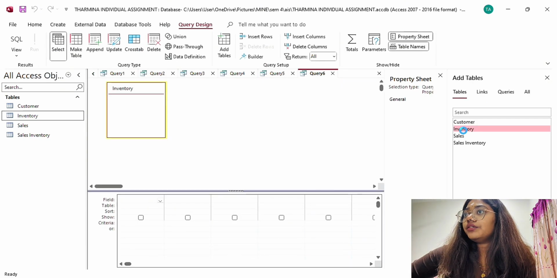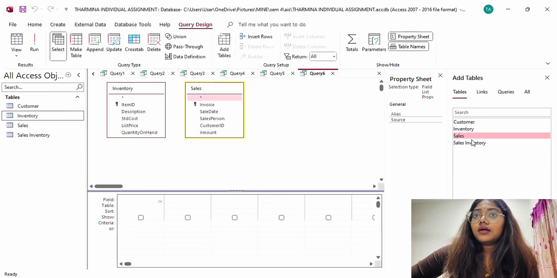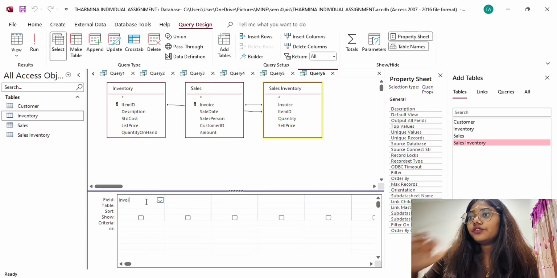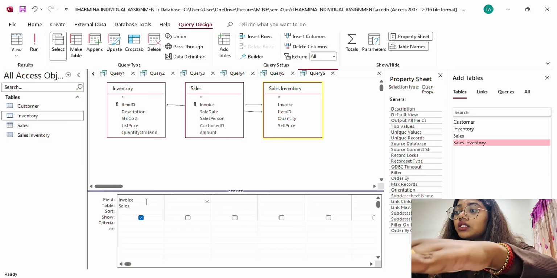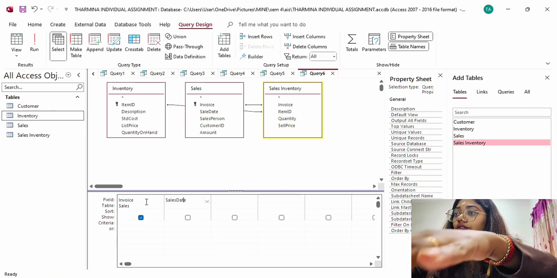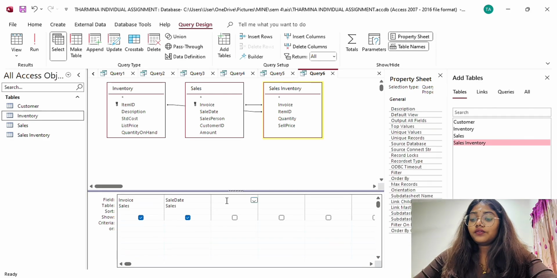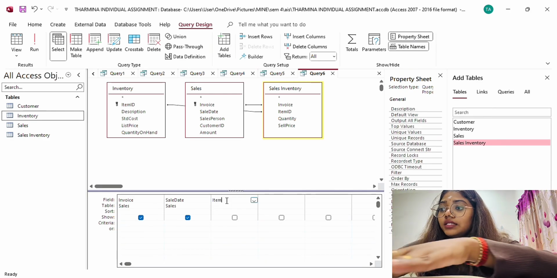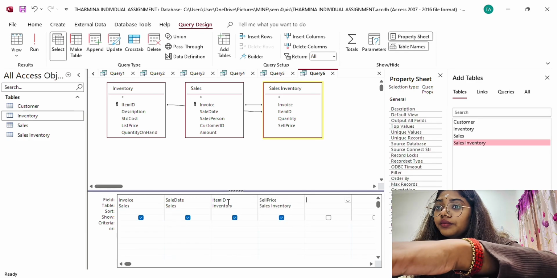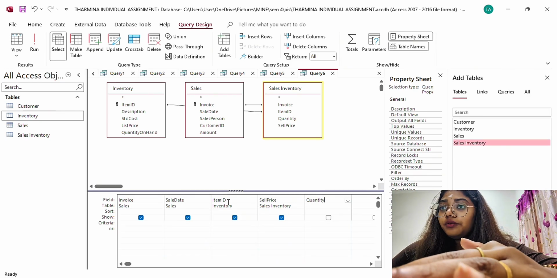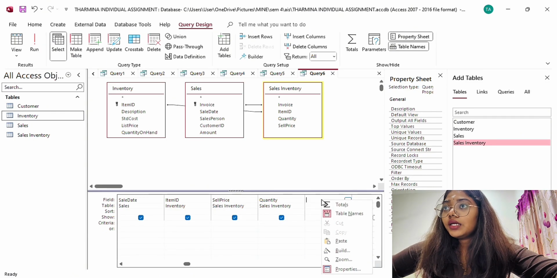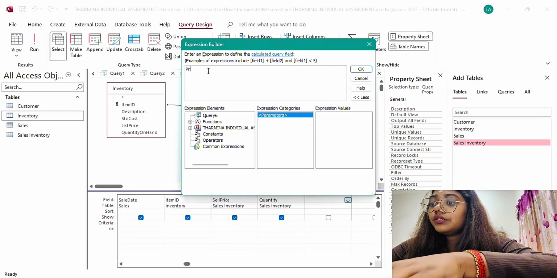Okay, now we need to create the query design, and then we need to add inventory, sales, sales inventory, and then for the field we need to type invoice, and then sale date. Okay, and then item ID, and then sell price, and then quantity. For the profit margin we need to build it. Here we need to write profit margin,